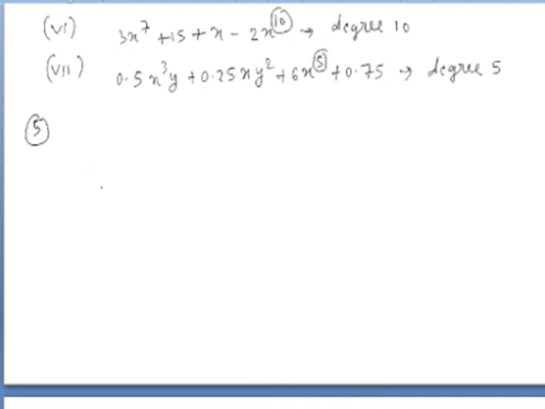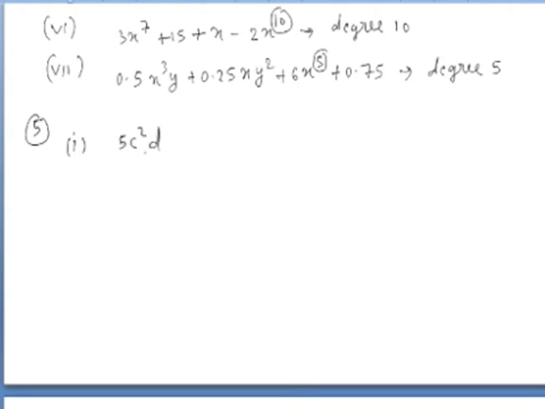Tell whether the given polynomial is a monomial, binomial, trinomial, or none of these. Then state the degree and the coefficient of the polynomial. So first we have to check which is a monomial, binomial, trinomial, and also find their degree and coefficient. So first is